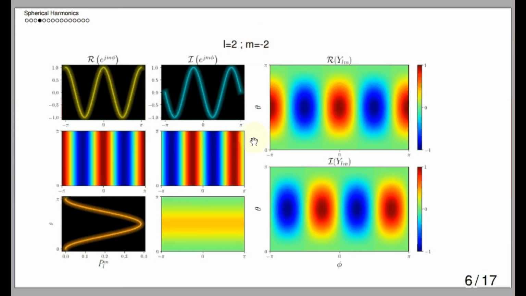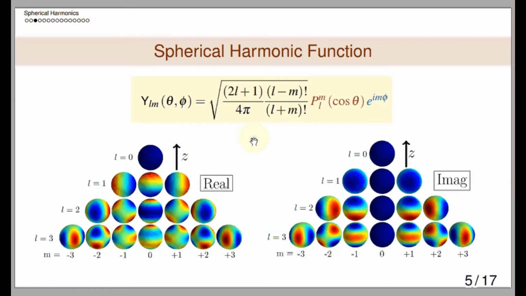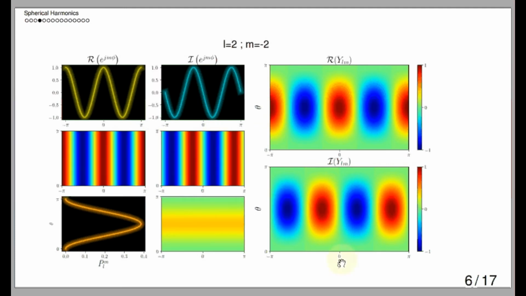As the function itself is in variable separable form, I am representing the spherical surface as a rectangular contour plot here, that is in terms of theta and phi. You see this contour plot, the y axis is theta and the x axis is phi. This represents the spherical surface. Okay, now coming to the function with phi, it has a real part and an imaginary part. As m equals minus 2, these represent sines and cosines.